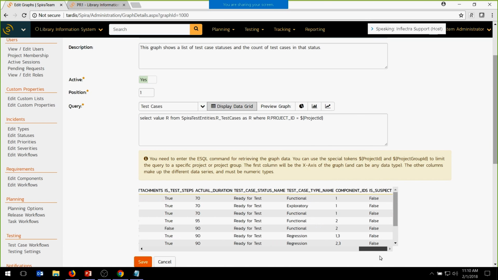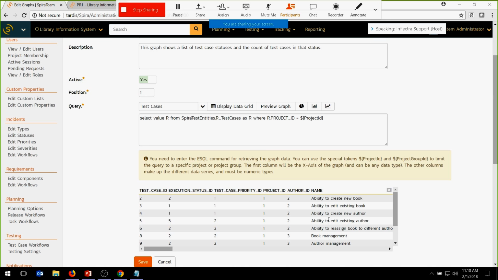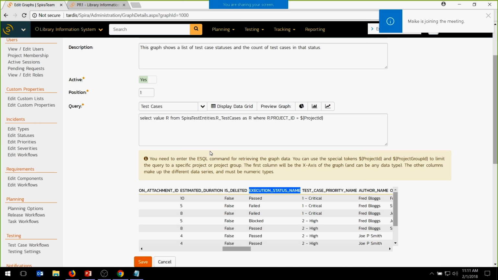Yeah, and once you've got the data in the grid, unlike a report, for a graph, you need to have an x-axis and then you need to have some data ranges. And so the way it works is the first column needs to be the x-axis, and the other columns will have to be numeric and will be the data range. So in this example, we're going to take the name of the test status, which is this column called test execution status name, and we're going to use that as our first column,